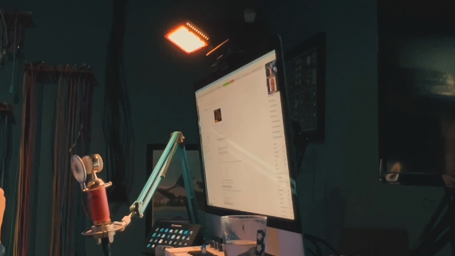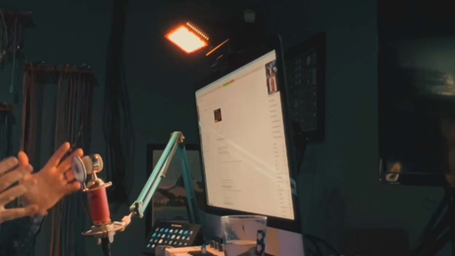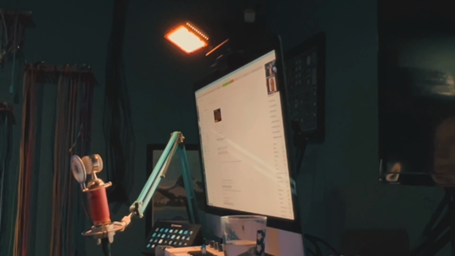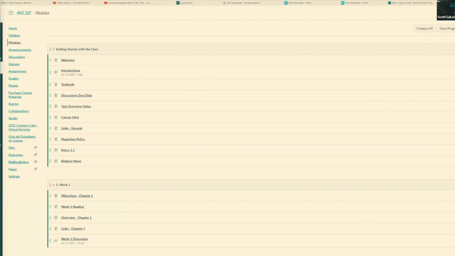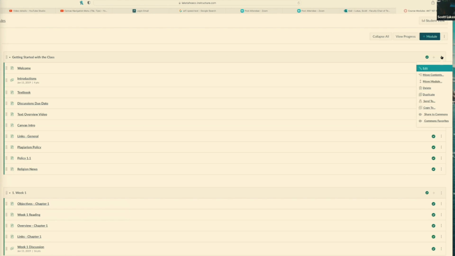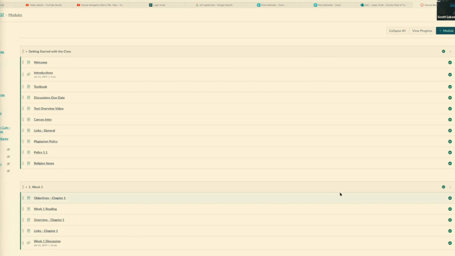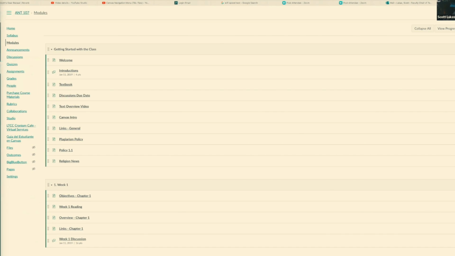That's really good. And that second reason, I'm glad you mentioned, I totally forgot that, is it's not just clutter, it's controlling the flow of information. If students click on modules, you can set it up based on prerequisites. You can go into every single module and set up your prerequisites so that you decide the order in which people complete things, one thing after another. You have to do quiz 1 before quiz 2, or discussion 1 before discussion 2. You could also set up dates so students can only complete the work according to your calendar. So controlling that flow and navigation of your course material is great.